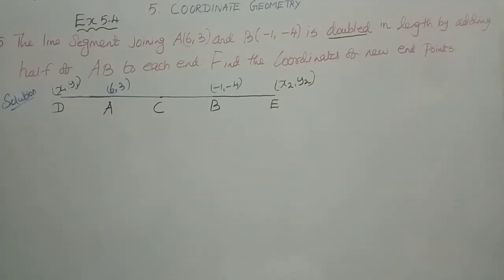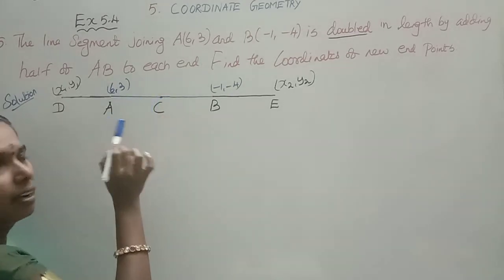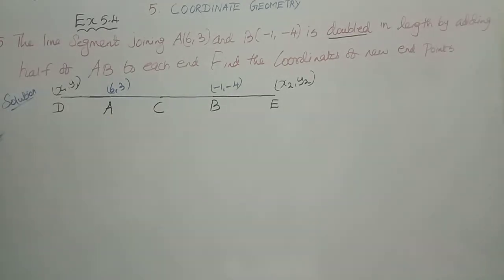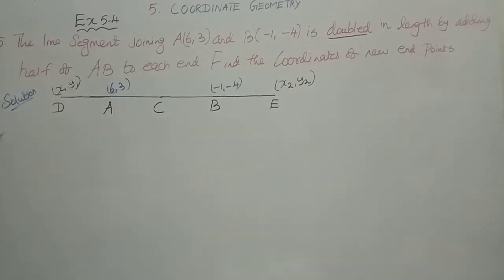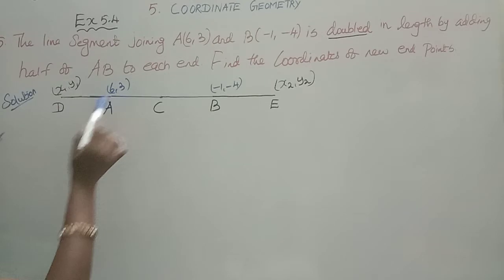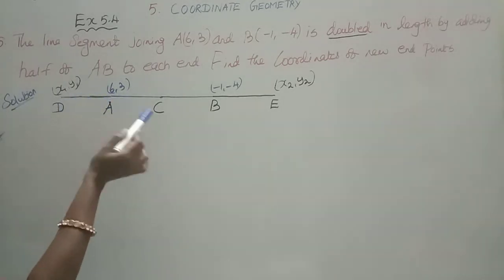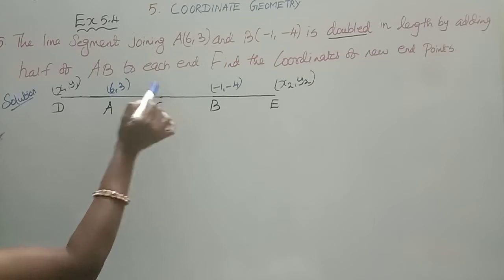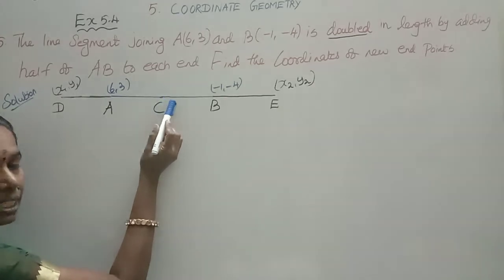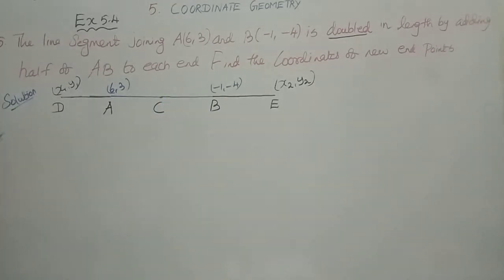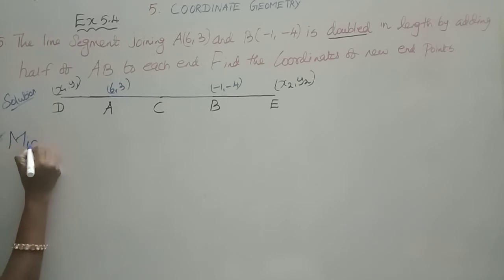So this sum is very easy if you use the midpoint idea. First we want the length of AC, or what is this midpoint? First you find the midpoint of AB. Using that only we are going to find the midpoint of DC and the midpoint of CB. I am going to take the midpoint of A(6, 3) and D as the midpoint of DC, and I am going to find this point. What point? D, x1, y1. We want the C coordinates first. So first you find the midpoint of AB.